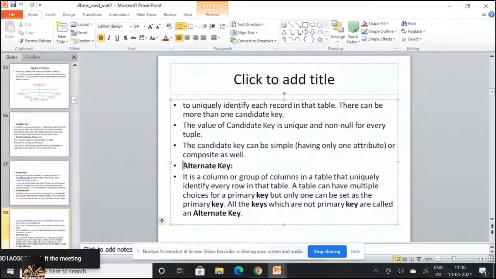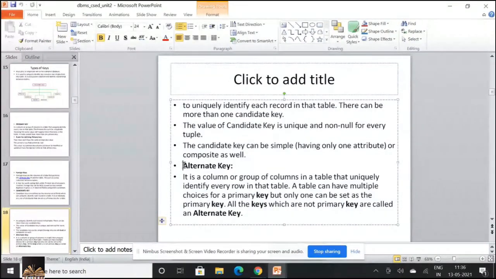As we know, a table can have multiple choices for picking a primary key. And once a particular choice is taken as a primary key, all the other left out choices are called alternate keys.